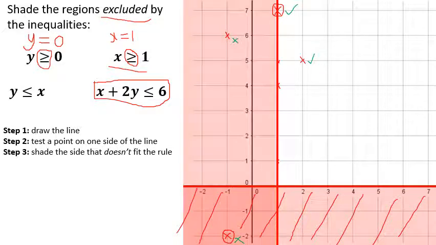Now you can see we've managed to shade out a couple of regions. The point -1, 6 would have been fine as far as the y is greater than or equal to 0 rule is concerned, but it doesn't fit the x is greater than or equal to 1 rule. In fact, the only point we've got so far that fits all of them is the point 2, 5